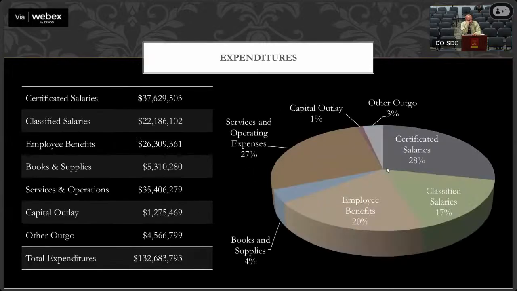Thanks, Alex. Our expenditures, our total expenditures for the year are going to be $132,683,793. You could see that our capital outlay, that 6th column down, decreased. We spent all of our one-time money. So all that's there is our restricted 8150 for capital outlay. As far as our budget goes, we've spent all that one-time money, and so all those capital projects are ceasing next year.